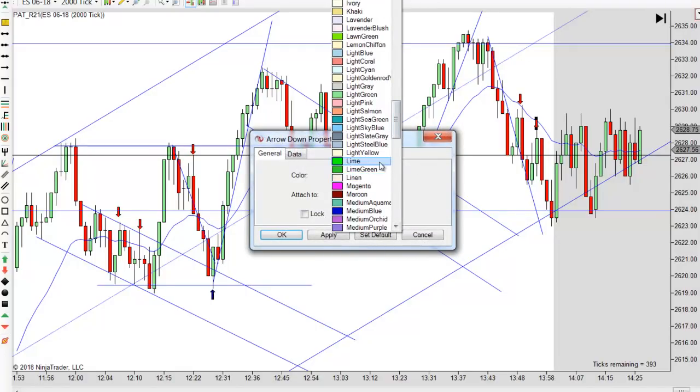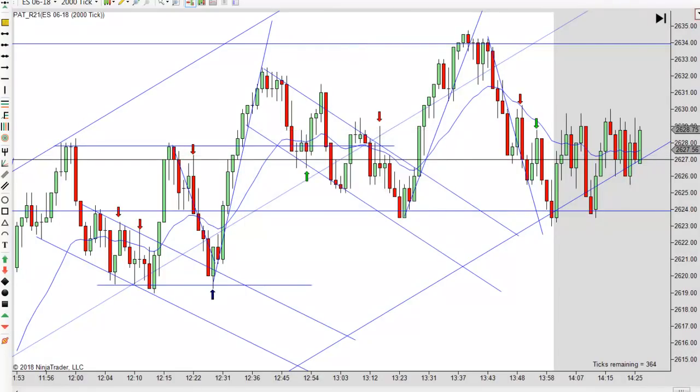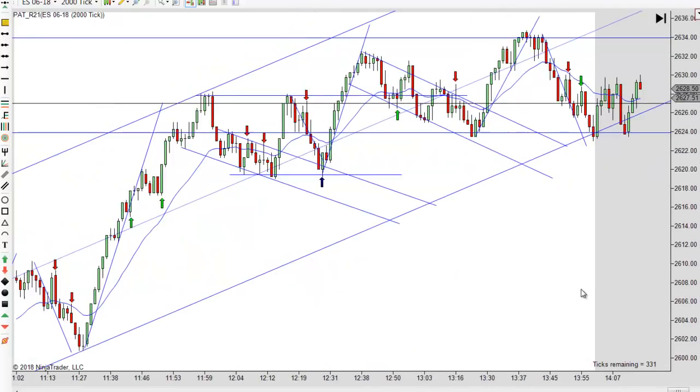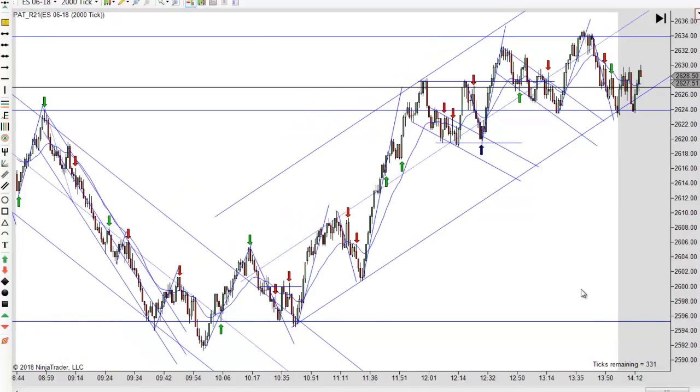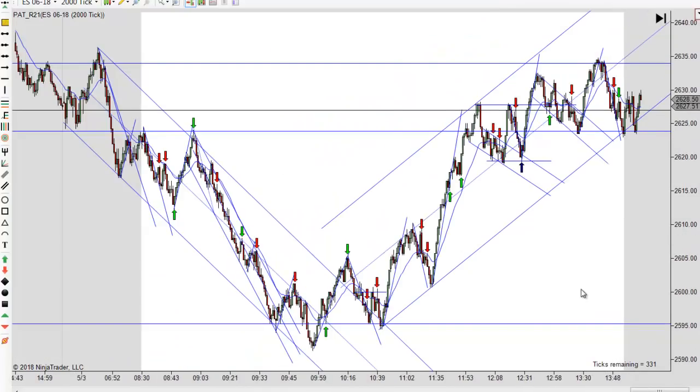It probably warrants a green one, but I'd just be honest with you. That close to the 2 o'clock hour, just trying to pick up a little scalp back down to the lower end of this support resistance area here, I'd probably skip that trade. But I'll go ahead and mark it green because that pattern has been really good to us lately. But yeah, it was just kind of a different kind of day.